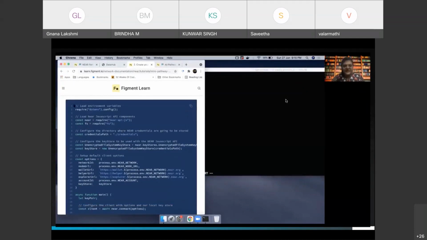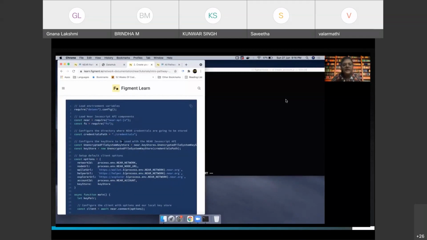Of course, the first part is all loading the environment variables, getting the libraries. Now, with the account that we will be creating, there will be credentials for the account. Like I told, with every account, there is a public private key pair that is generated. So you can see that we are creating a credentials path within our folder where we'll be storing the credentials. Why do we need to store the credentials? Because we'll be using this for some other calls that we'll be making later.